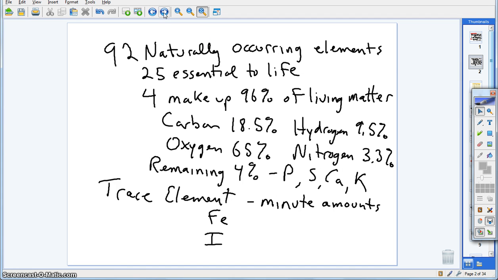In terms of elements, there's 92 naturally occurring elements. 25 are essential to life, and of those 25, only about 4 make up 96% of living matter. So the big 4 that we're going to concentrate on are carbon, hydrogen, oxygen, and nitrogen. And that makes up about 96% of us. The remaining 4% is a combination of potassium, sulfur, calcium, phosphorus, and trace minerals or trace elements like iron, iodine, selenium,